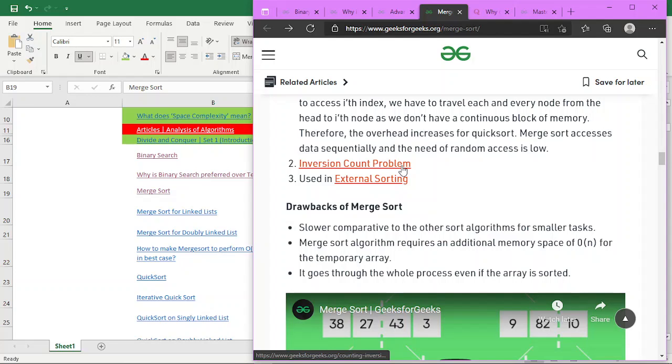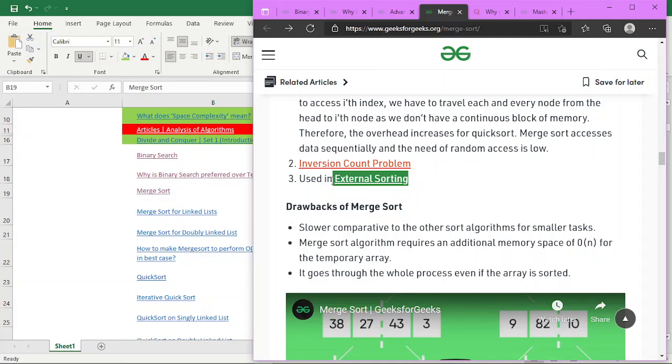Let's say you are given a descending array and you have to sort it into an ascending array, then the inversion count will be maximum. Similarly, merge sort is used in external sorting,